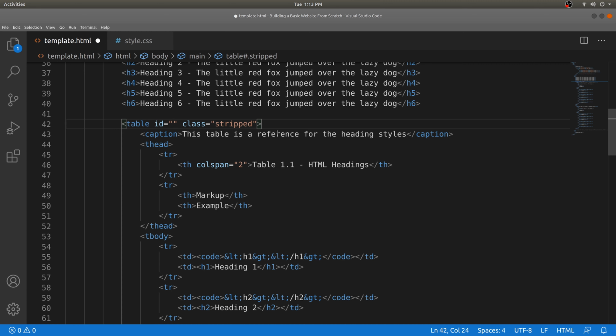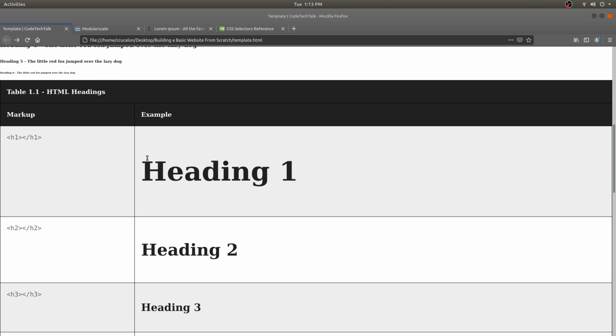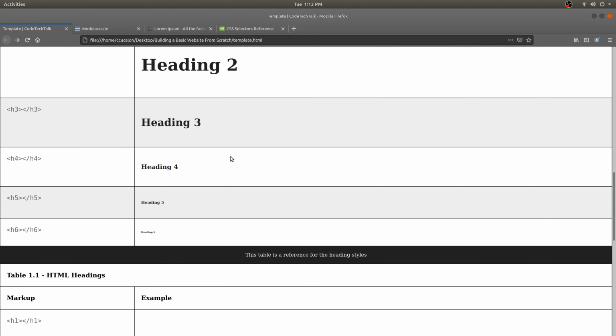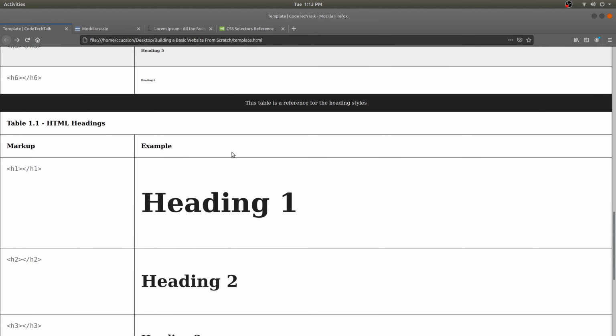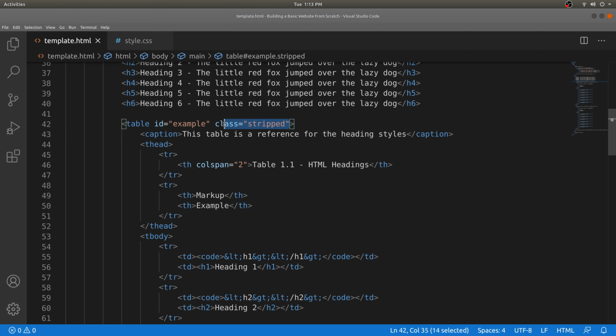So the same way here, the IDs are meant to be used as individual selections, very specific, very targeted, compared to classes. Classes can be used over and over, even in the same page. However, IDs should only be used no more than once inside of your page. So here, for example, let's go ahead and call this ID example. All right. Now, again, if we go to the browser, we refresh, nothing happens because we haven't added any styles